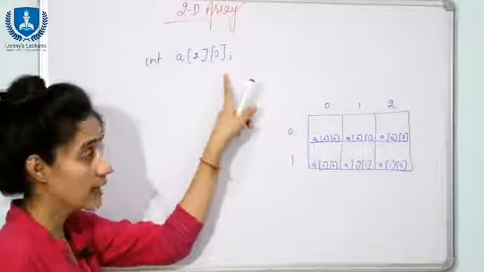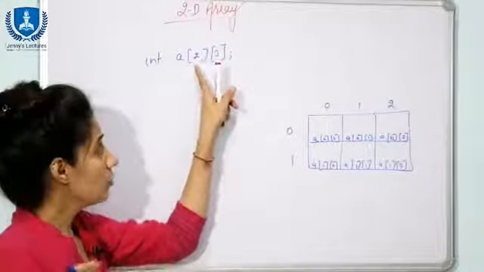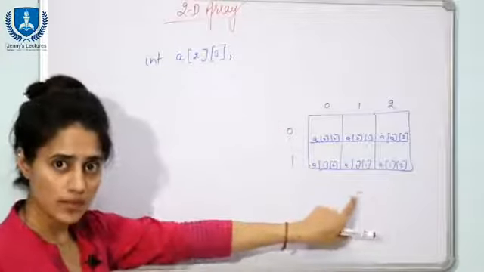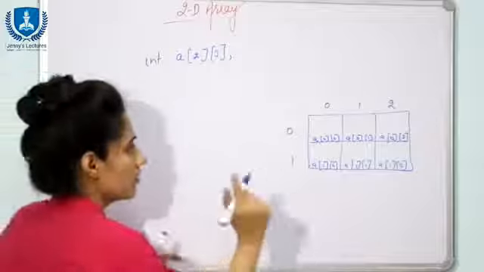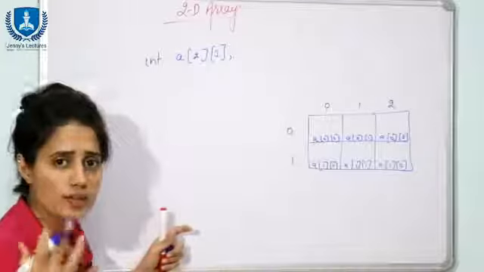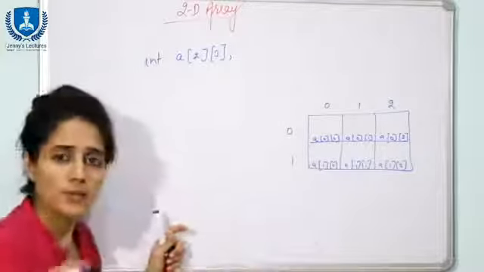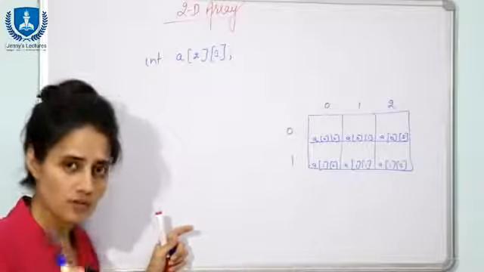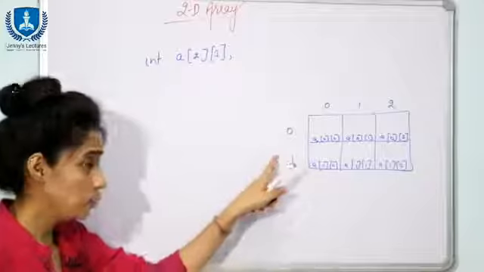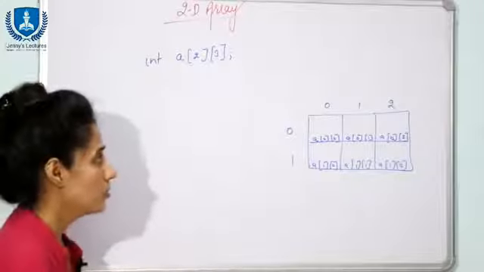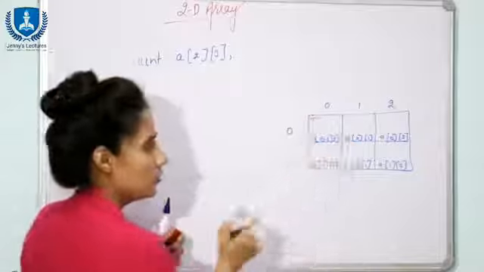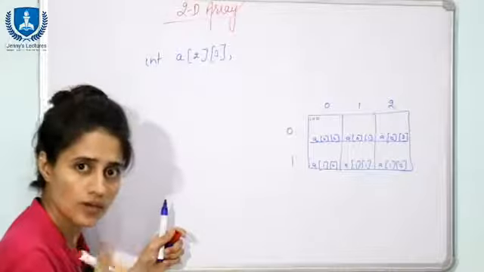So just declare the array size: 2 rows are there and 3 columns are there. So this would be the array. Now see what is the address of these elements. Suppose the memory manager has assigned a base address 100. This array is going to start from 100. So this base address is 100 for this element, right?